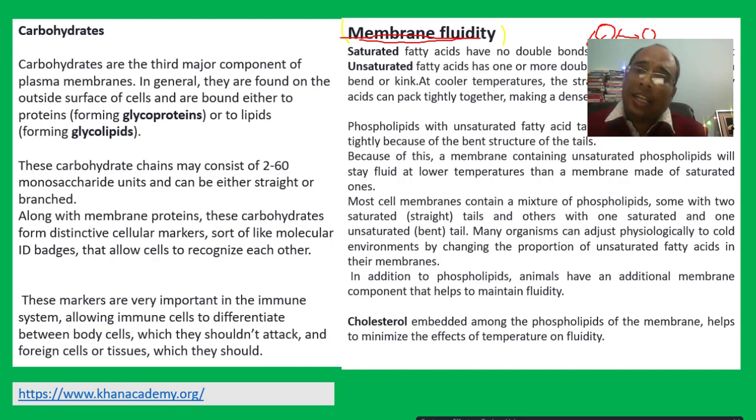But in the case of cold environment, animals which live in a cold environment increase the concentration of unsaturated fatty acids, so that the fluidity of the membrane will be maintained, because the unsaturated fatty acid